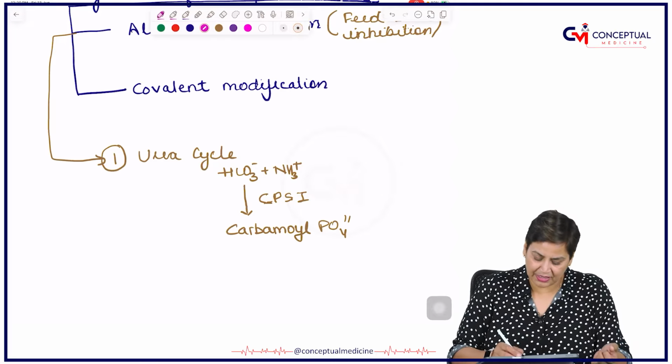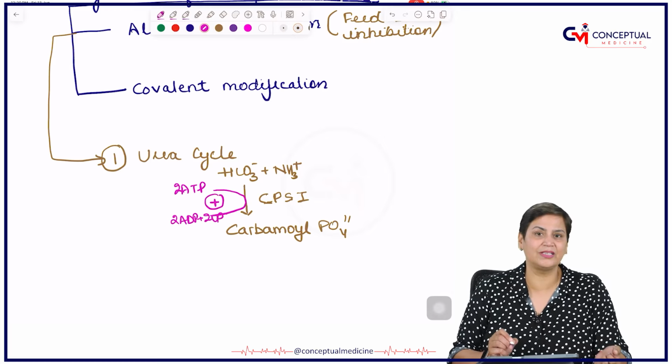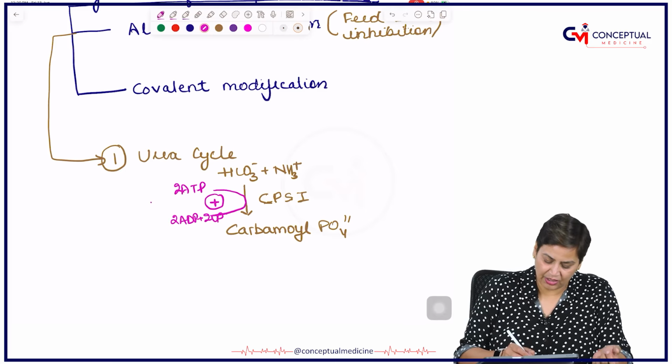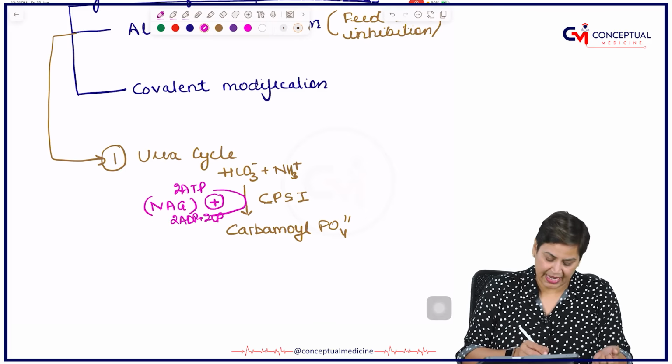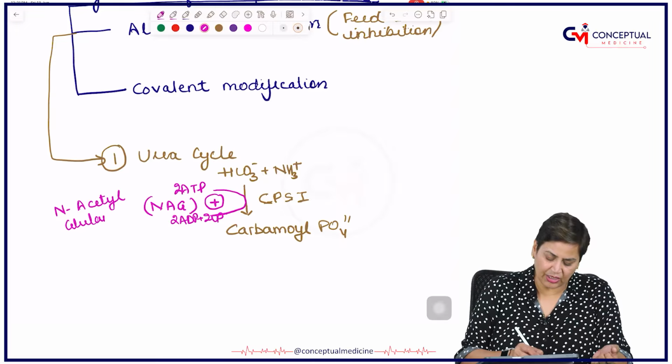Here, obviously, ATP will be there, 2 ATP converted to 2 ADP plus 2 inorganic phosphate. The most important thing is the positive sign. Wherever you see a positive sign, it is always activating. Wherever you see a negative sign, it is always inhibiting. So here you will find this term NAG, which stands for N-acetyl glutamate, whose function is actually to bring more